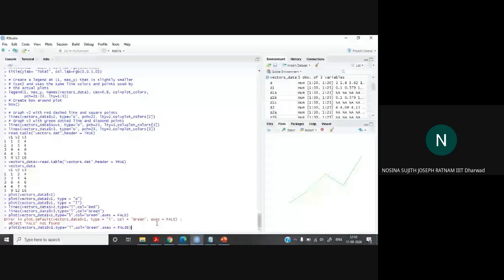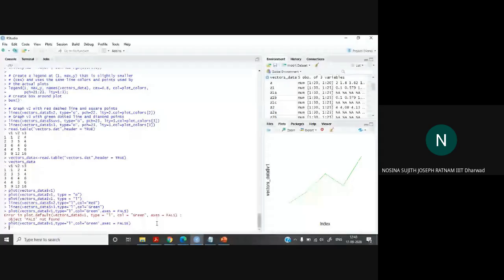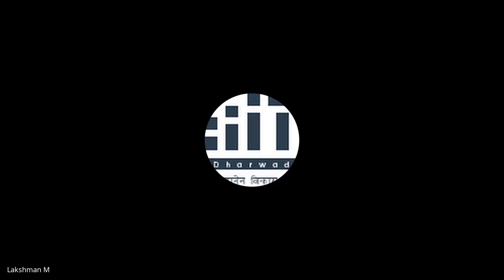Hello, sir. Sir, can't we use the color command in the plot function? You can. That's why I told you the plot function has a lot of syntax, a lot of arguments. The color command you can also use. See here, it will work. You can use it anytime.